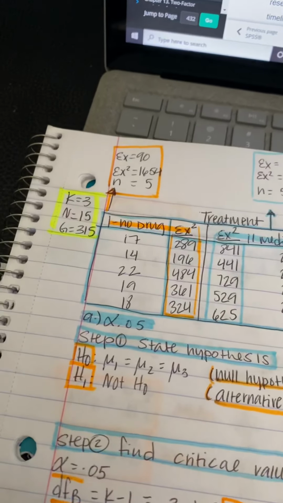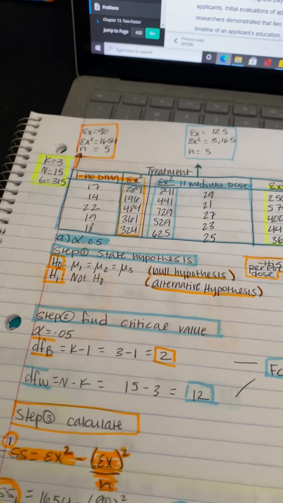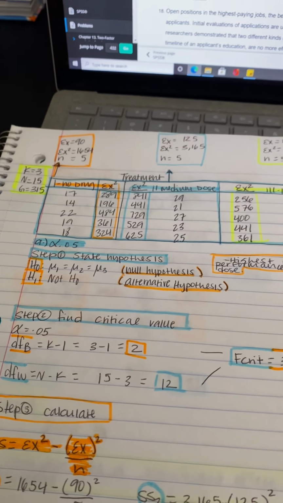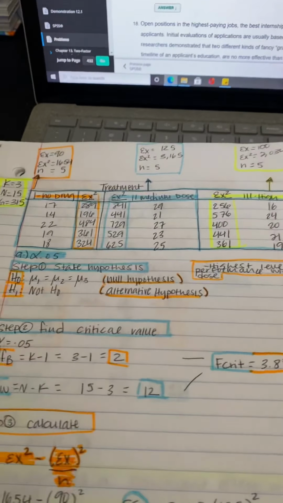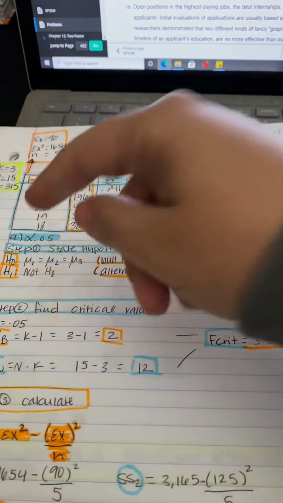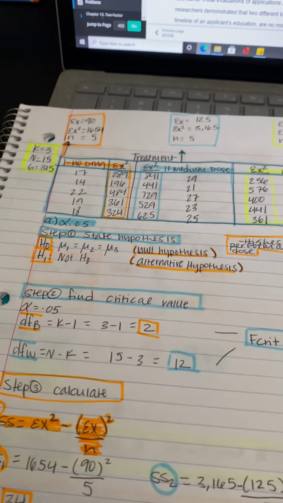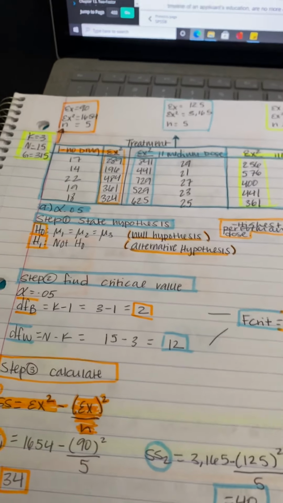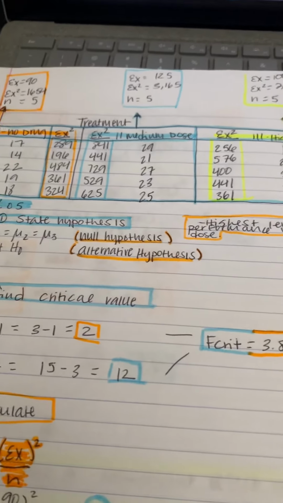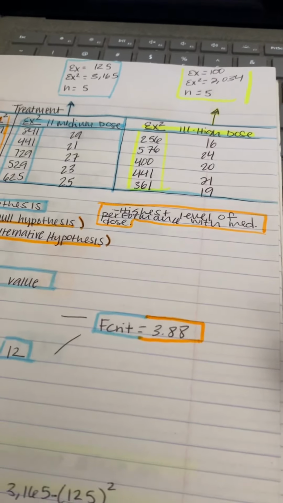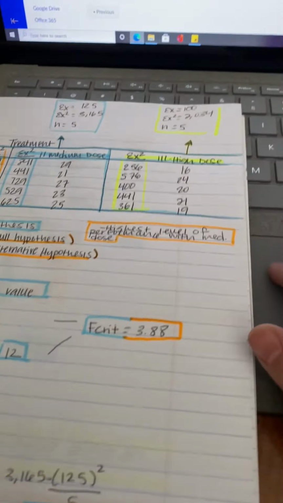For the degrees of freedom within, it is N minus k. N is capitalized here because it is the population N, and k is still the same as before. Here I've noted already that N equals 15 because we're trying to find the total amount. So we have 3 separate groups and we have 5 different scores in each. So 5 times 3 is 15. That's how we would get the population N. So 15 minus 3 is 12. And then we would use the F distribution table, the ANOVA chart, in order